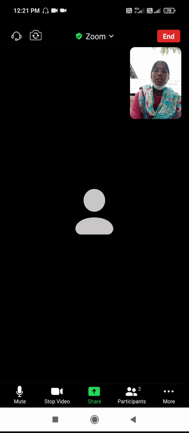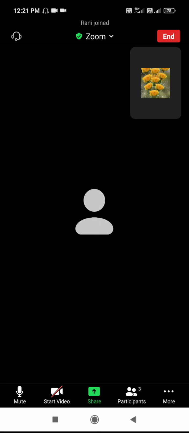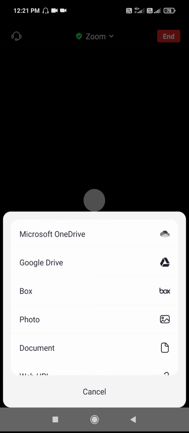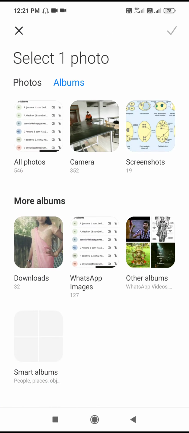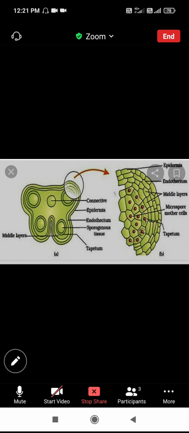Today we are going to discuss the development of microsporangia in Gnetum. Now I will show one picture. You have to see this one. Now we have to discuss the